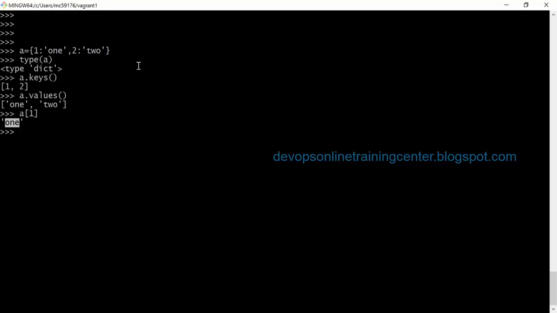So let us say I want to override some value. A of 1 is equal to, this is the value, right? So I'll say 1, 1. So now we have overwritten one of the values of the key 1. So here 1, 2 numbers are the keys, ONE1 and TW2, these are the values, right?